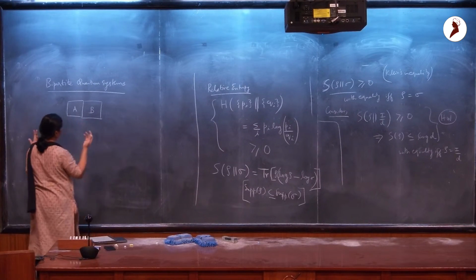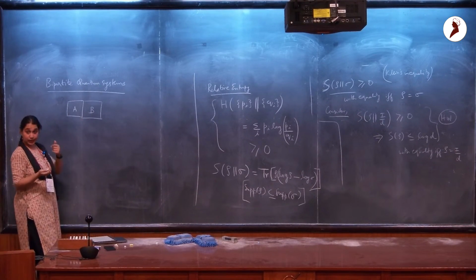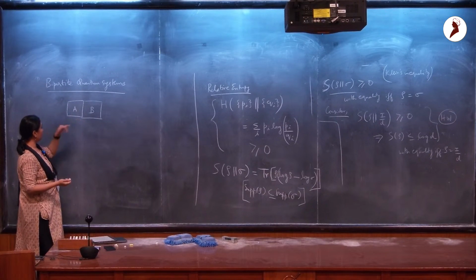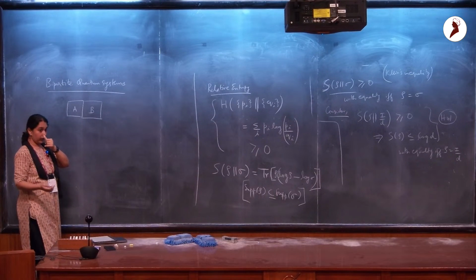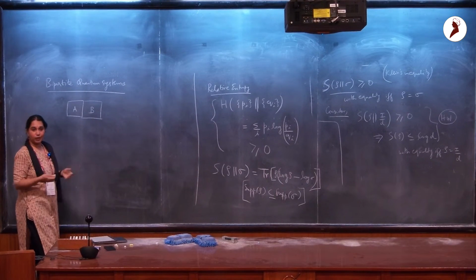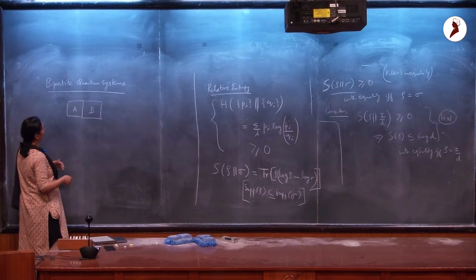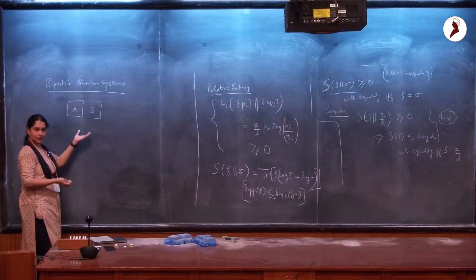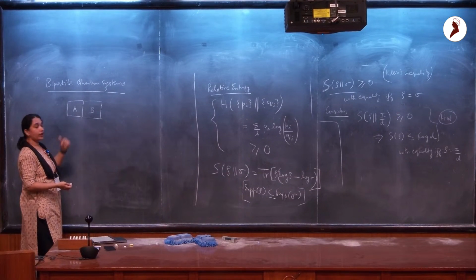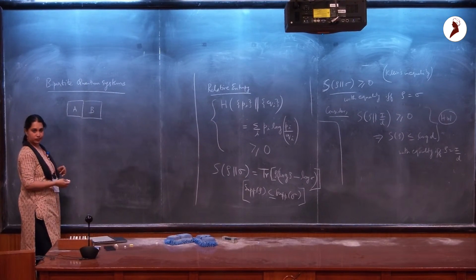In an open quantum system setting, for example, A could be the system of interest and B could be a much larger system, which you often think of as the environment or the bath. And the question is now, how does one describe states of this joint system, or this bipartite system?